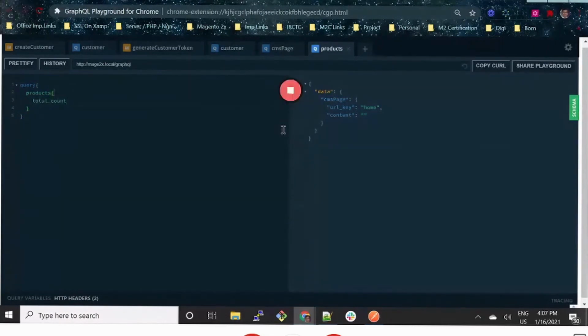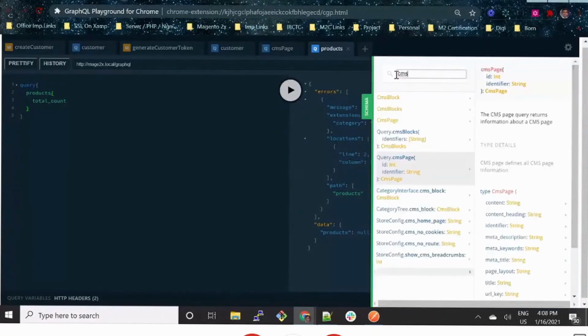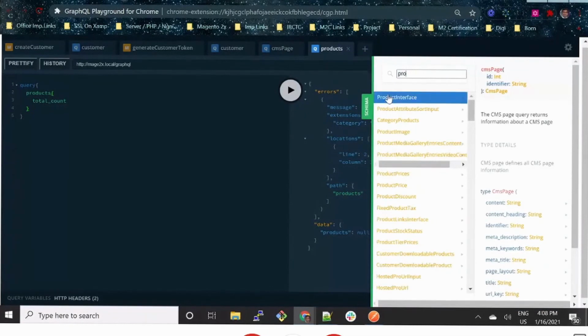So I'm getting the total count for products. Let me see this one. I can see it's showing that the filter inputs argument is required. Okay, so let me tell you one point here from that schema. If I go with the products,